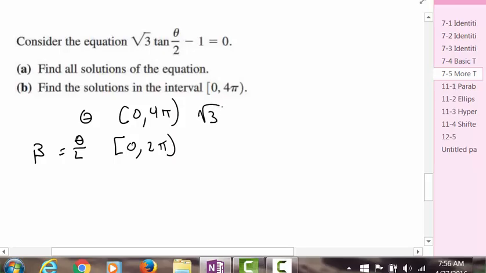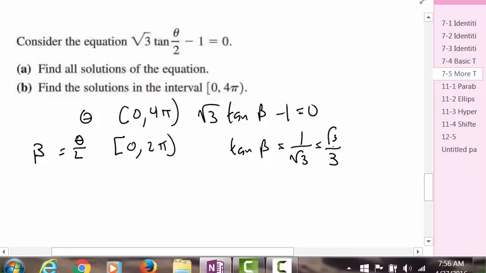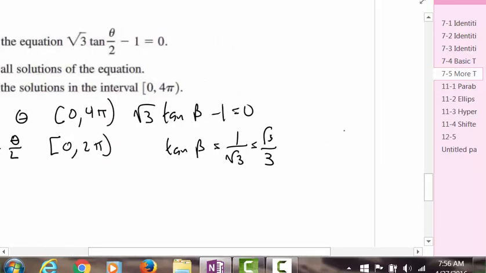So square root of 3 tangent of beta minus 1 equals 0. Okay, so if I move everything over, what does the tangent of beta equal? Good, square root 3 over 3. I'm going to go ahead and write it as 1 over square root 3 for just a second, which is actually equal to square root 3 over 3. Okay, but the point being,